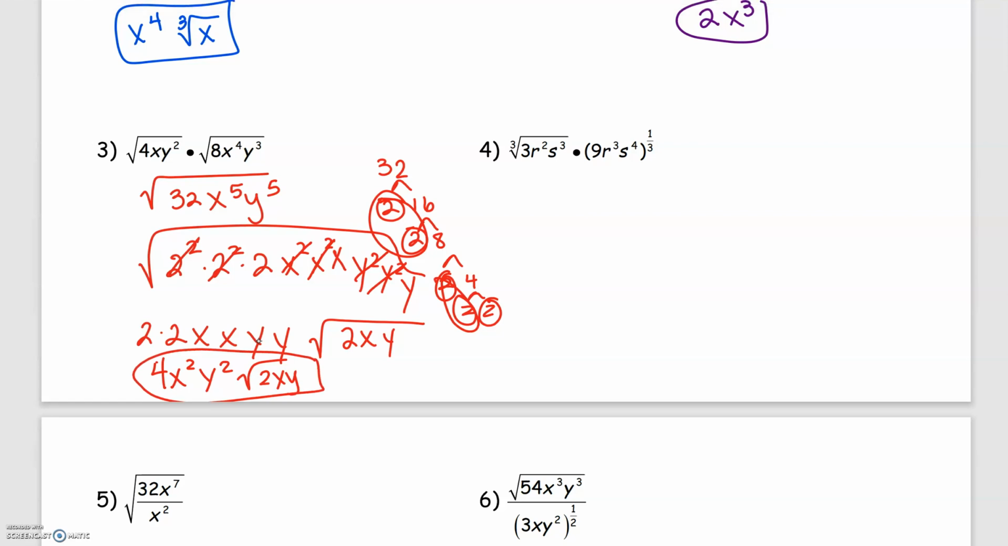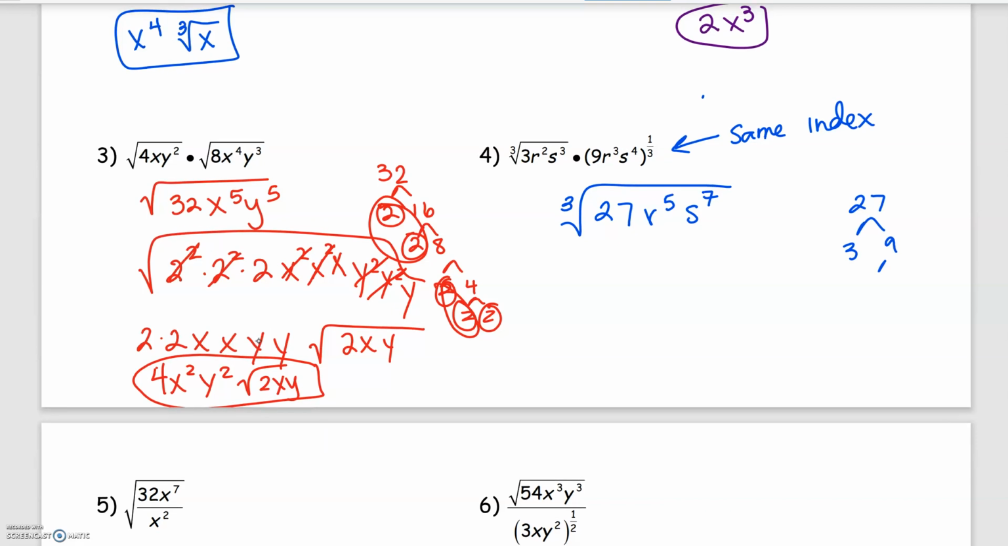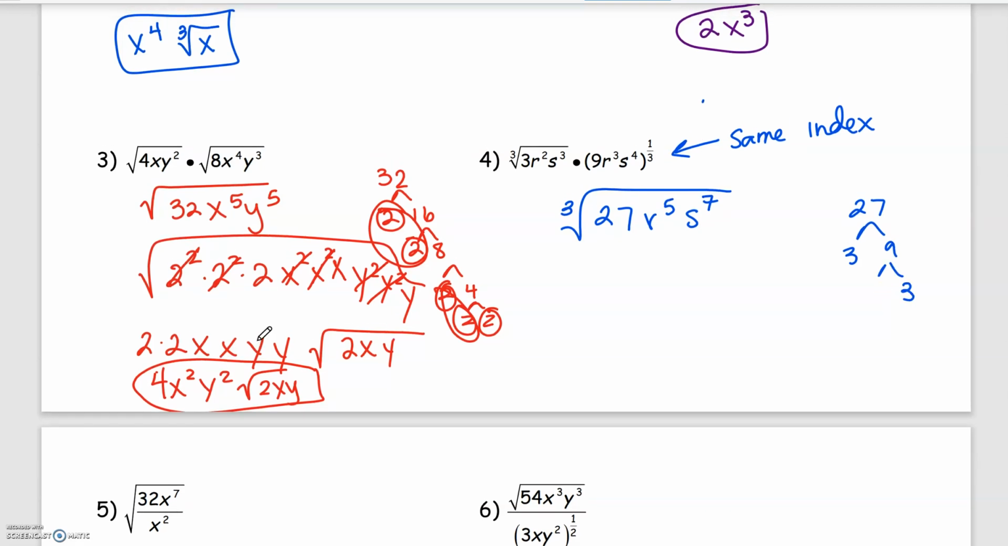So on number 4, they are both the same because when it's written like that, the 3 on the bottom means the cube root. So they do have the same index. So we can go ahead and multiply 9 times 3 to get 27. R to the 2nd, R to the 3rd is R to the 5th. S to the 3rd, S to the 4th is S to the 7th. And so it's the cube root. So we're going to take 27, and it's 3 times 9. Which 9 is 3 times 3. So we do have 3 to the 3rd,